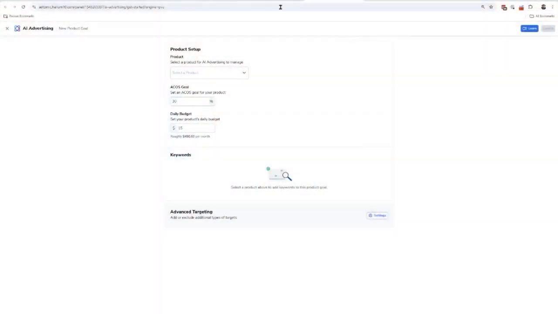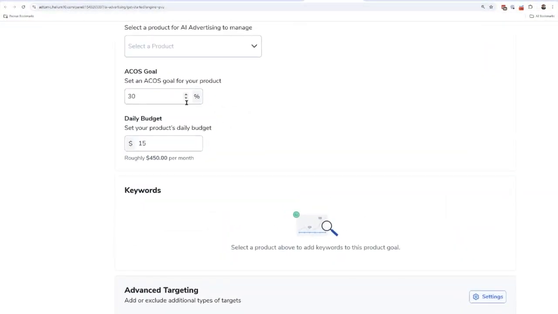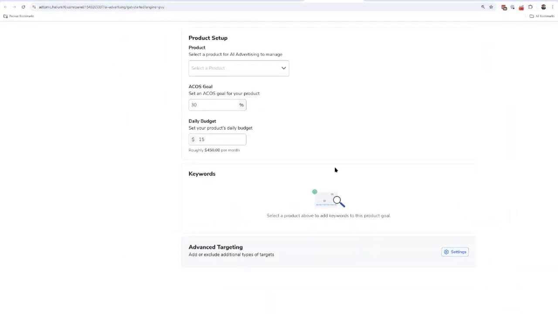And guess what? After that, you're not even going to have to make rules like I was showing you before. You're not going to have to go to the analytics page and try and find certain scenarios of where your ACOS is high, where your ACOS is low. You don't have to harvest keywords. Helium 10's AI advertising is going to do it all for you. So that is in this tool called AI advertising, where all you're going to do is set your budget, set your goal. Maybe you can add a few keywords here or there,